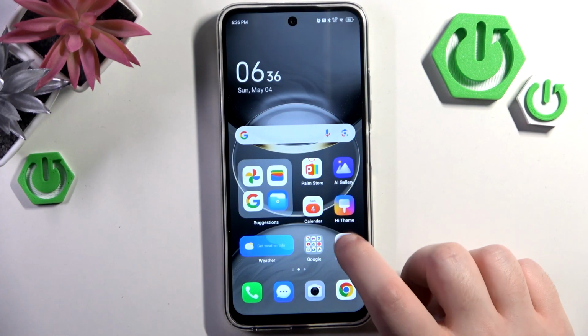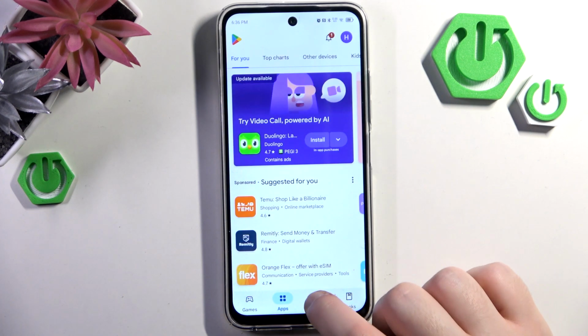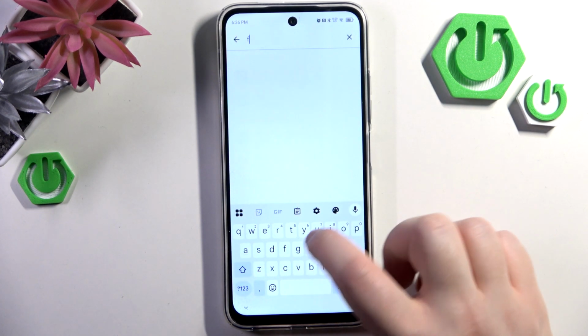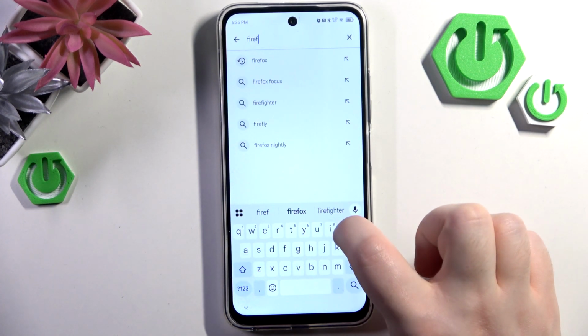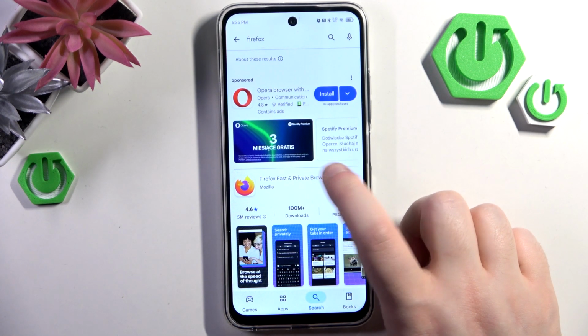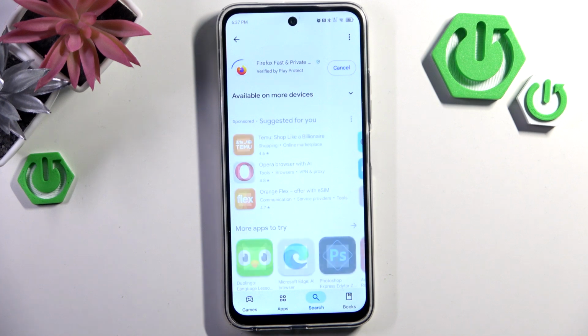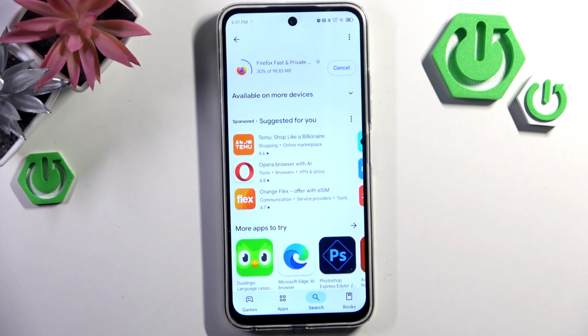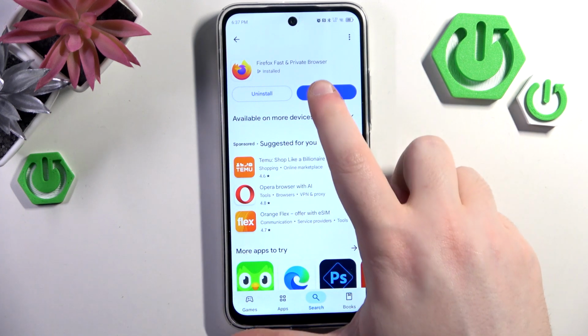So you have to start by opening your Google Play Store, then click on search bar and type in Firefox. Now click search and select this application and click install. Now you can click open